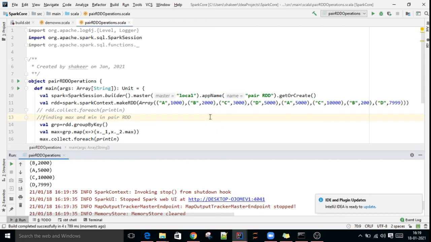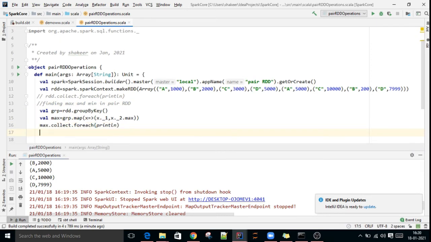In B I have two pairs, 2000 and 200, so the maximum is 2000. For A we have 1000 and 5000, so 5000. For C we have 10,000 and 3000. For D we have 7999, so it came.